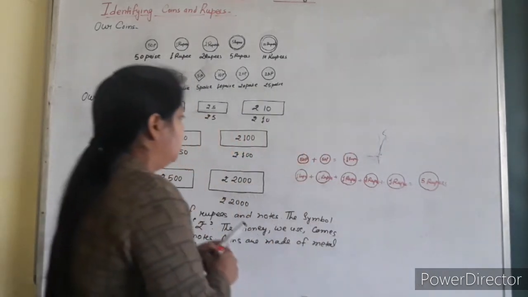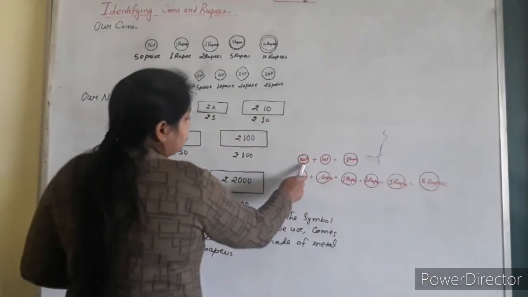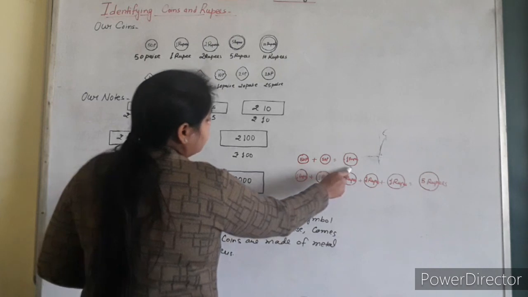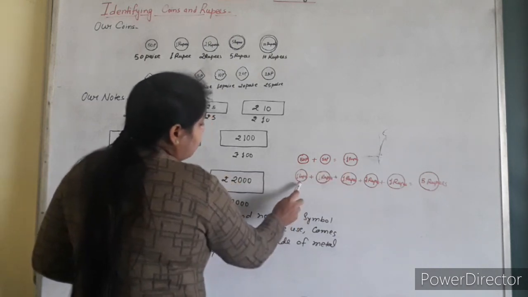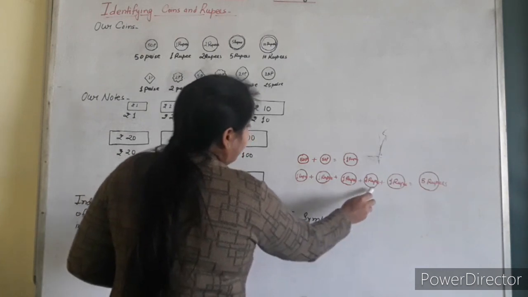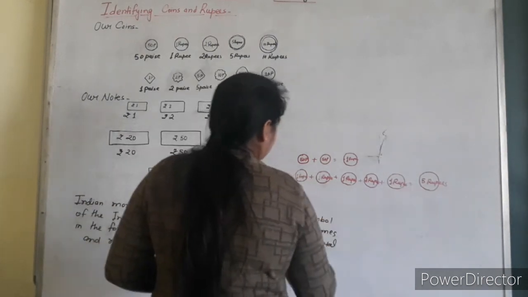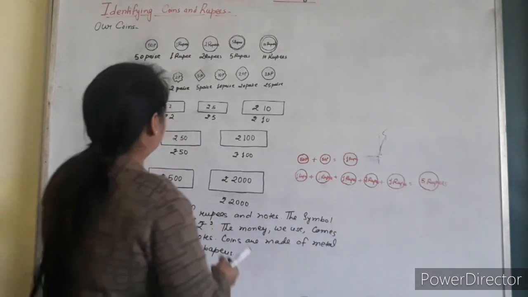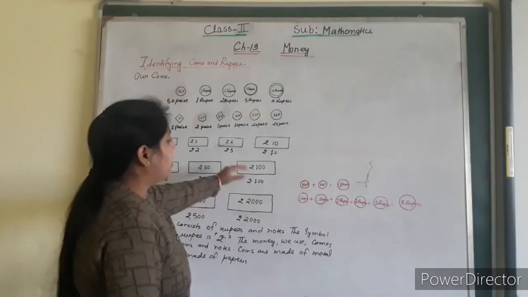Okay. See, two 50 paise coins make 1 rupee, and 1, 2, 3, 4, 5 one-rupee coins make 5 rupees. Okay. In this way you can know the addition of